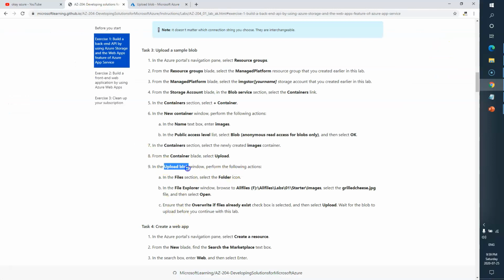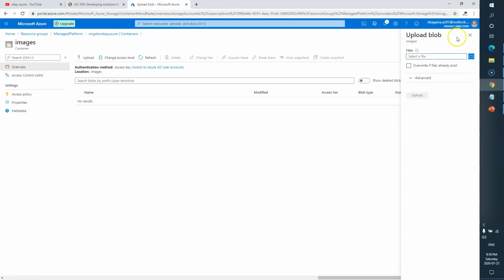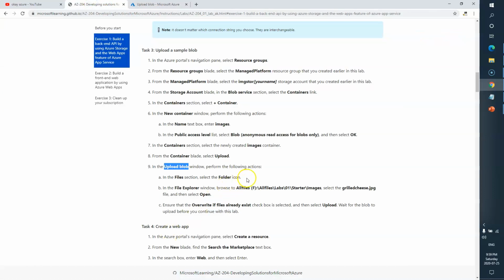This is the upload blob window. Here we need to go to the files folder, and now we need to upload a file. If you guys remember, in the very first video, the introductory video of lab 01, we downloaded the git repository. So from the lab 1 we need to go to starter, and then from the images folder we need to select grilledcheese.jpg.